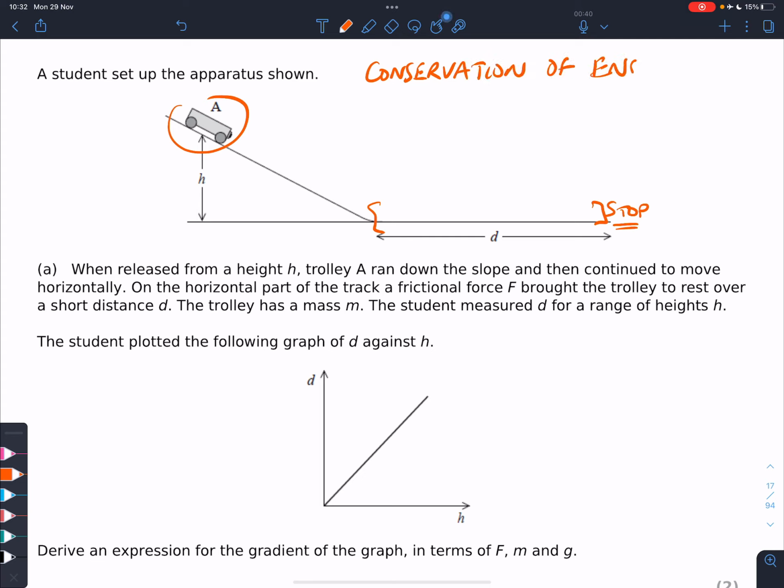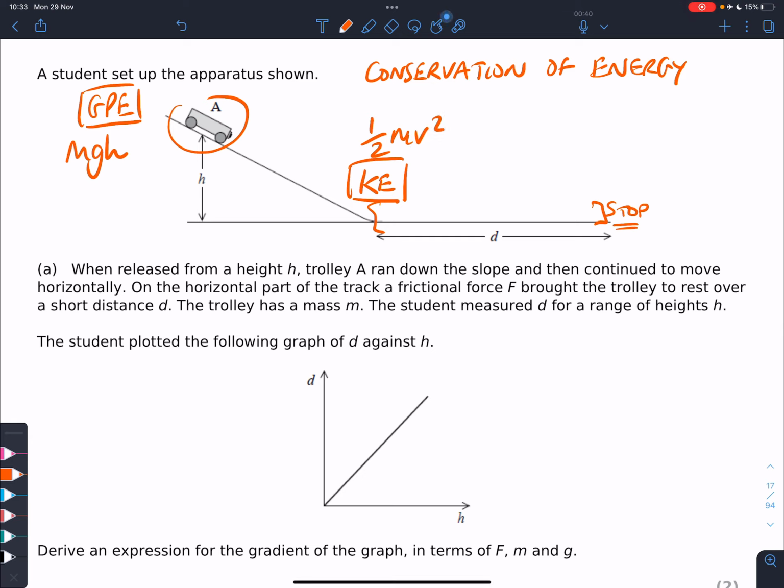a conservation of energy question. The general idea is we're going to start with gravitational potential energy, which is just mgh, and that's going to turn into kinetic energy. At the bottom of the slope, we'll have the maximum kinetic energy, which is half mv squared. Then it will work against friction, and it'll have zero kinetic energy because it's stopped, and also zero potential energy because it's relative to its starting